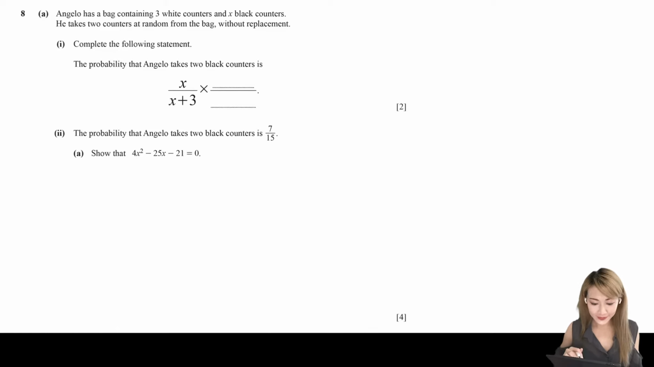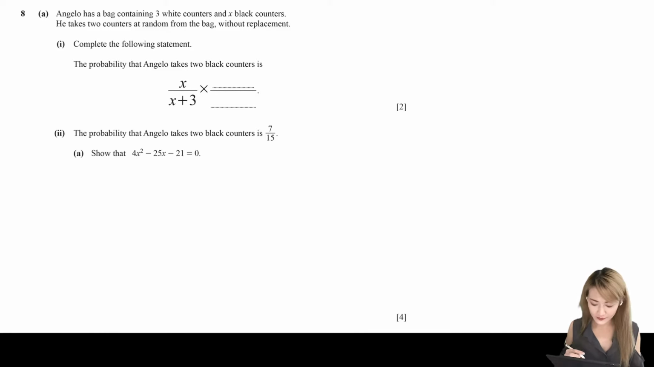8A. Angelo has a bag containing 3 white counters and x black counters. He takes 2 counters at random from the bag without replacement. Complete the following statement. The probability that Angelo takes 2 black counters is x over x plus 3 multiplied by